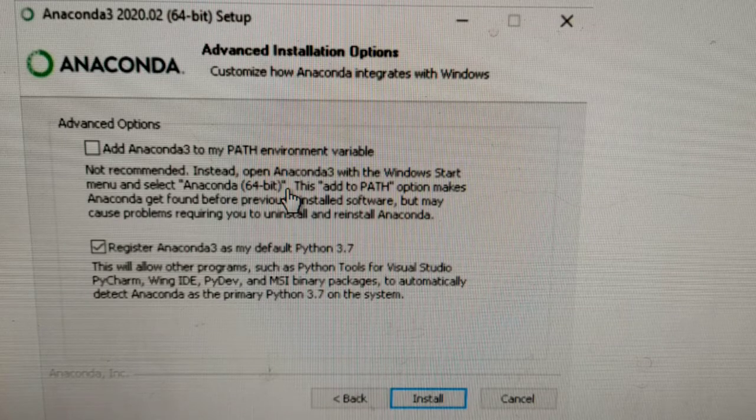We are going to make some projects, and we need an interface between Python and MySQL. So it is mandatory that you click on the PATH environment variable and then click on the install button.